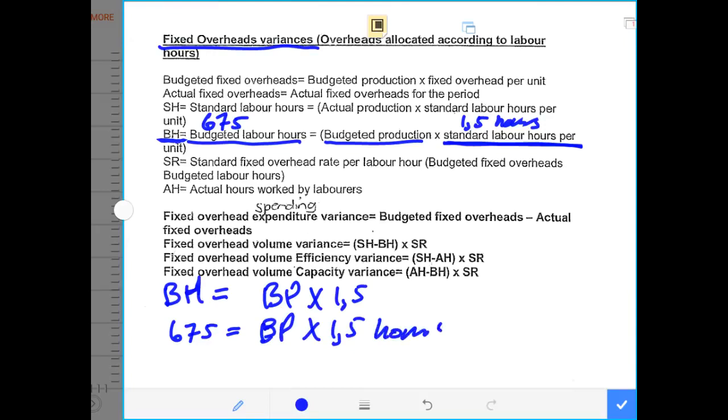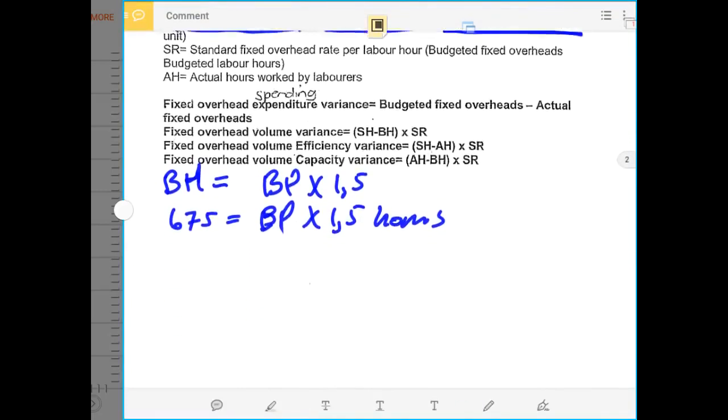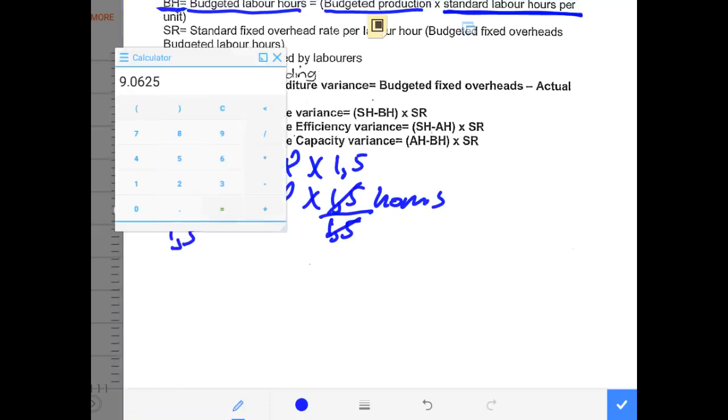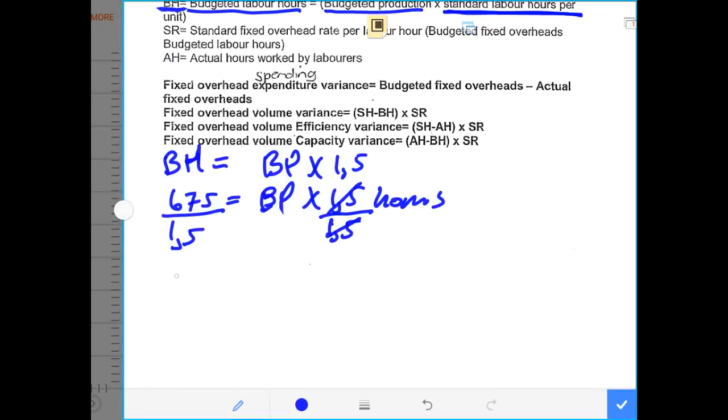So now, because we are looking for the budgeted production, or yes, the budgeted units for production, we have to divide this by 1.5. When we divide by 1.5, this cancels this. Then we divide here by 1.5. Therefore now we do our calculations and we say 675 divided by 1.5. This will give us 450. Therefore now 450 units